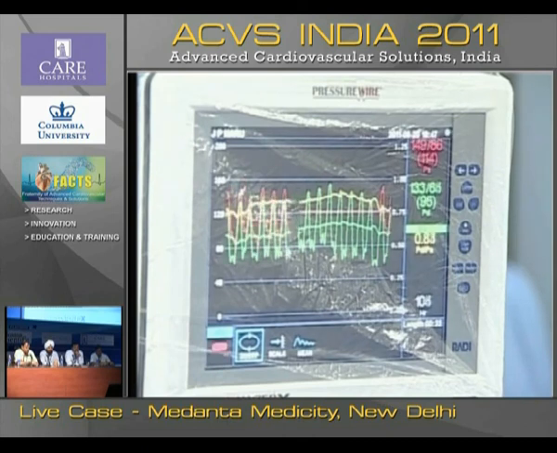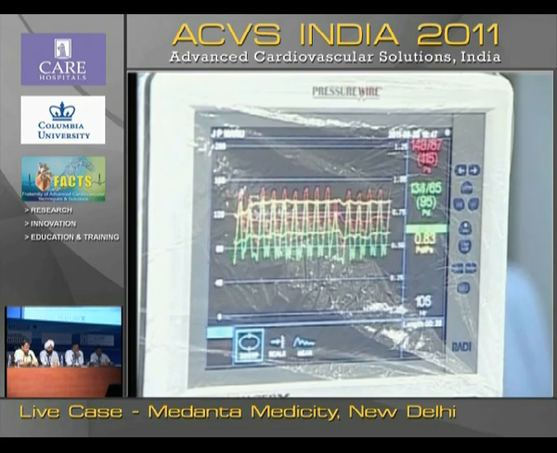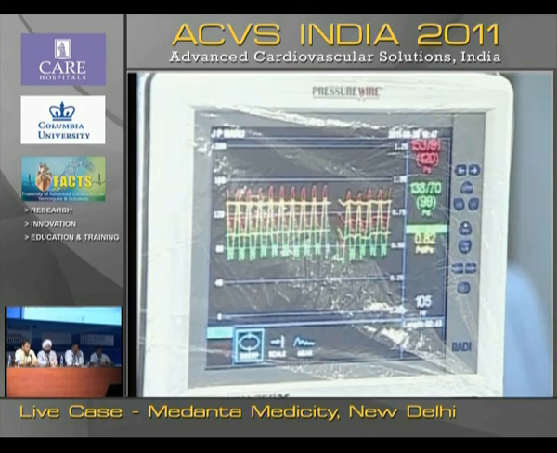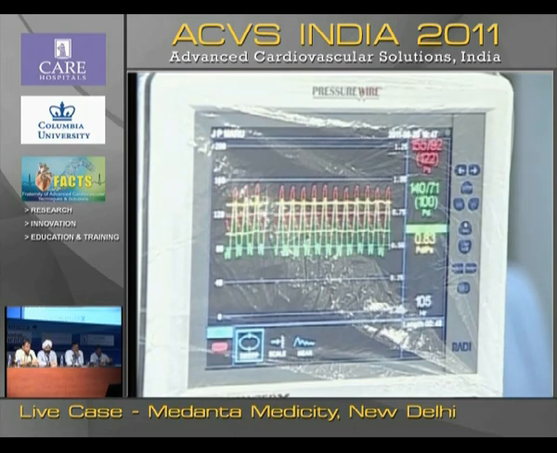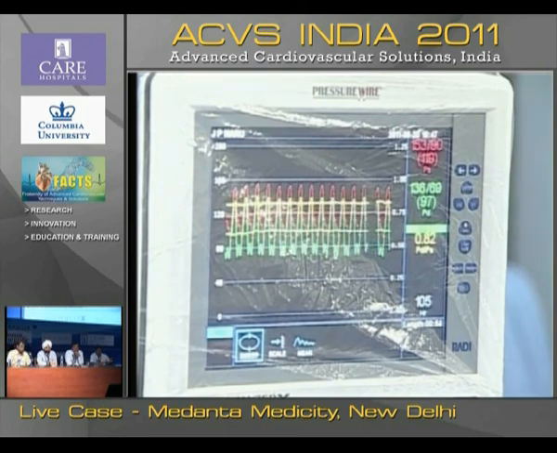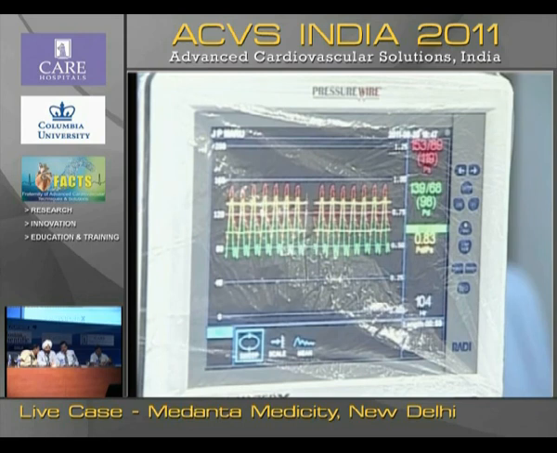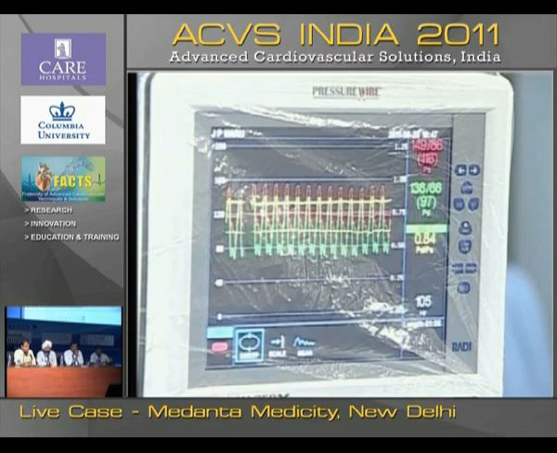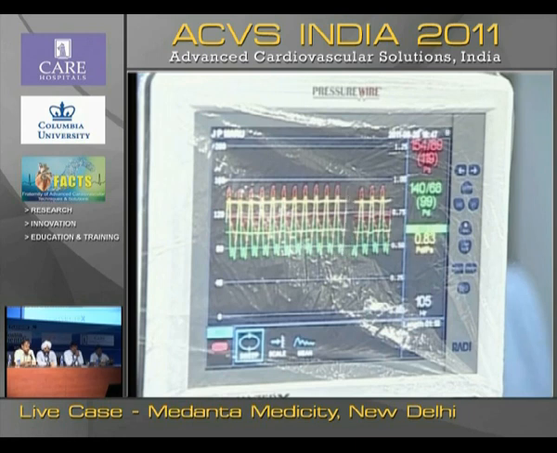0.83, 0.82. It is still above 0.8. I think you made your point. So it is truly an intermediate lesion. Yes, and this time it has fallen onto the less significant side. But yes, I agree that sometimes we can find a value going below 0.75. So really FFR is a very good way to decide. So in this case it is 0.8 to 0.84. So I will leave this lesion based on this FFR. I hope you all agree.